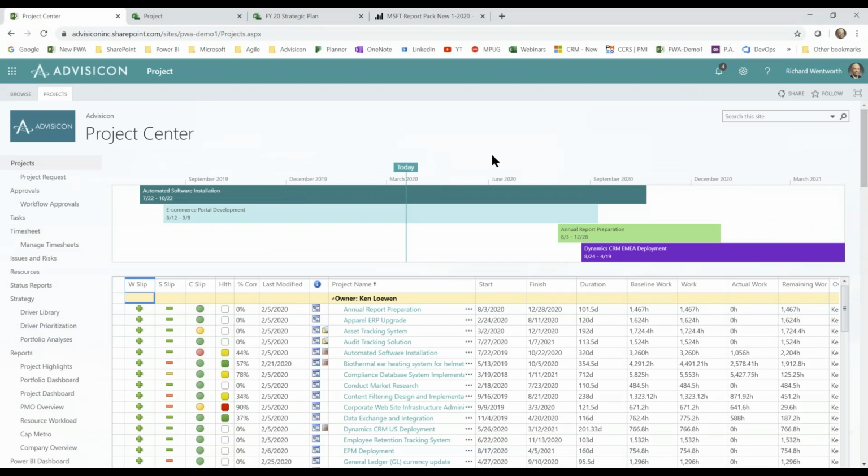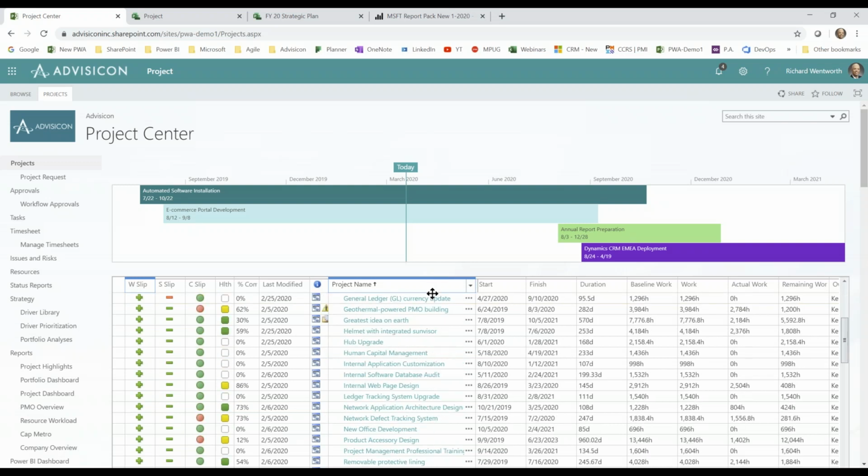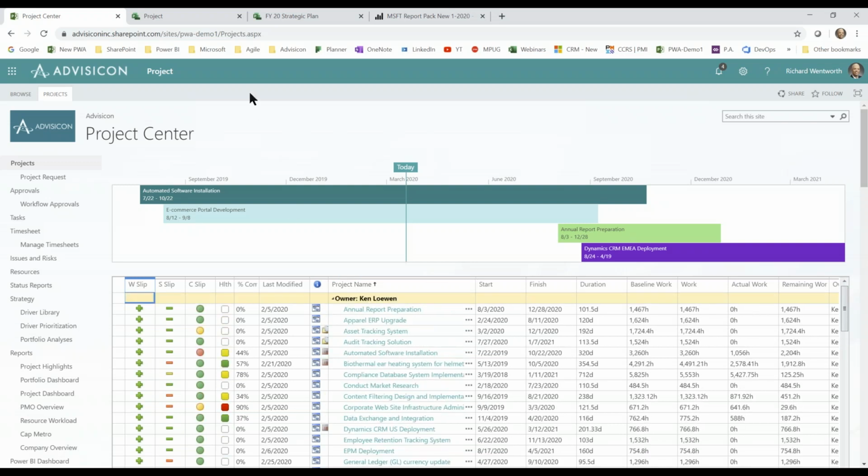And basically just go through. So you make the move from server to online. You have the advantage of being able to see all of your projects at a portfolio level, so everything being here in your project center. Similarly, obviously you see this from your Project Server environment, but then what it opens up is the ability to have